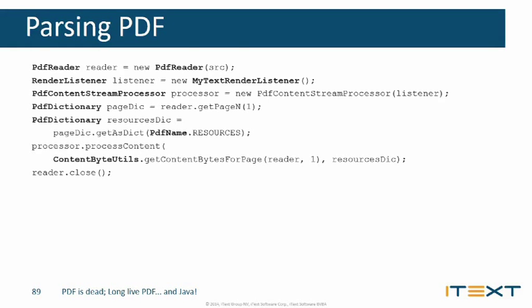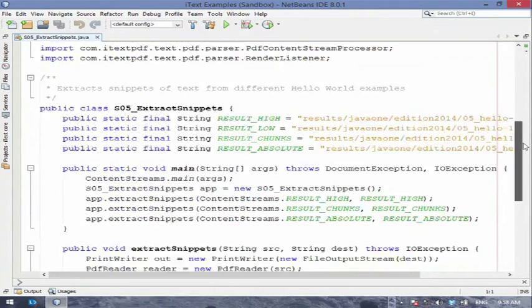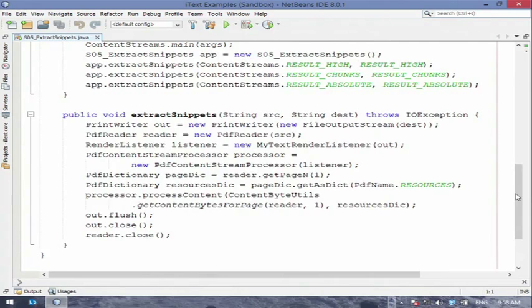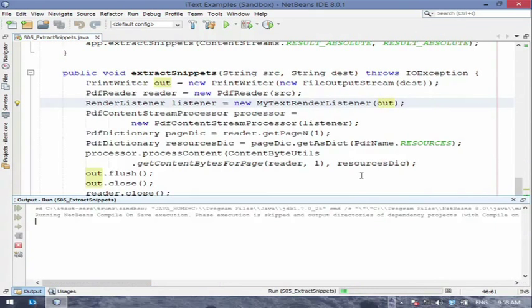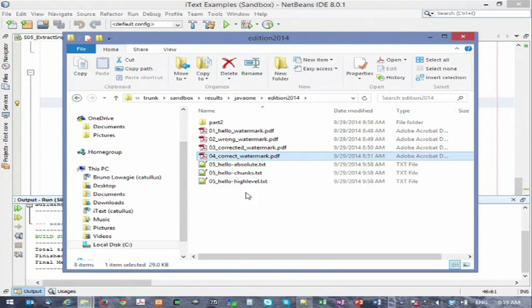Let me show you what this does. So I have this same code sample here, and I'm doing this for the Hello World examples that were shown before. I will run this code sample. And it has written out the content, as processed by the text render listener, to text files.